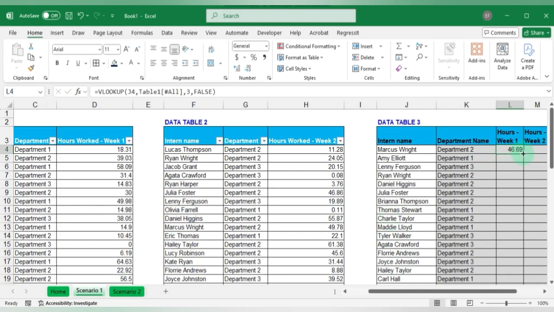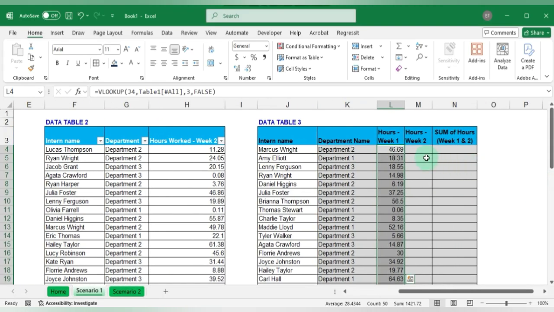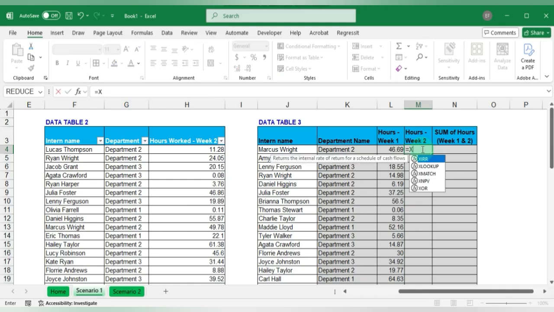So that is 46 there. Again, I'll just double click the plus sign there, and this will copy it down for me. And then when it comes here, I'll use XLOOKUP for week 2. So XLOOKUP, and the first argument is lookup value. So I'll come here, select that, and then we have lookup array. So the lookup array is here,